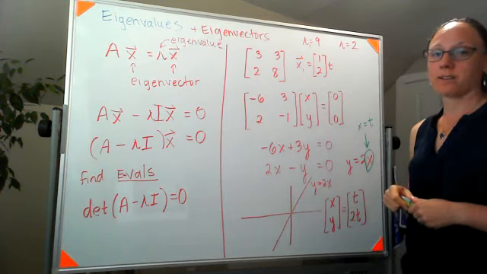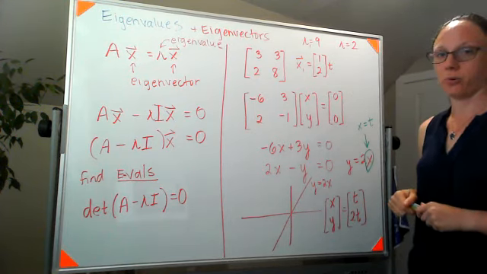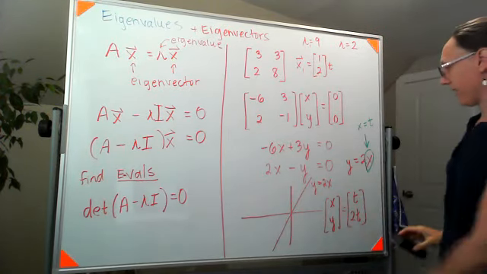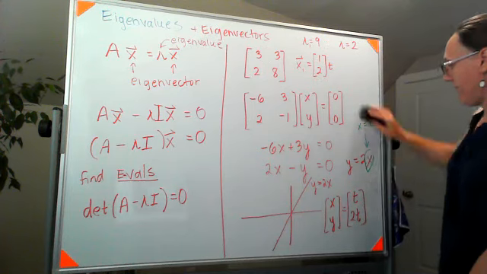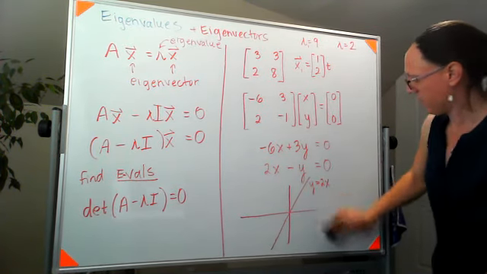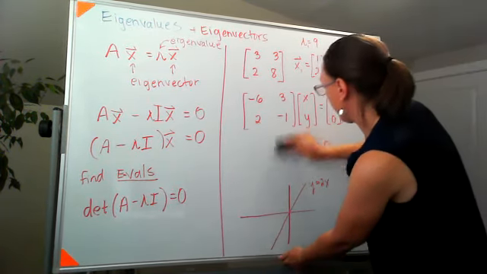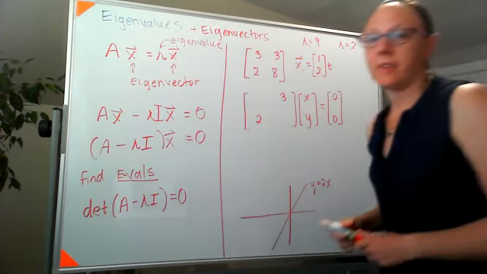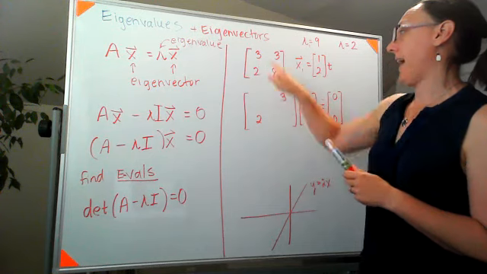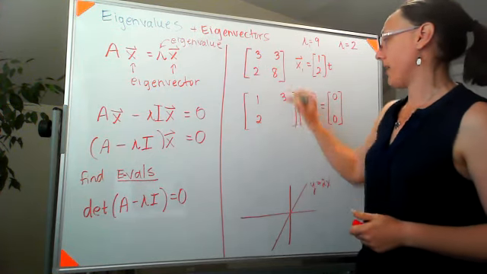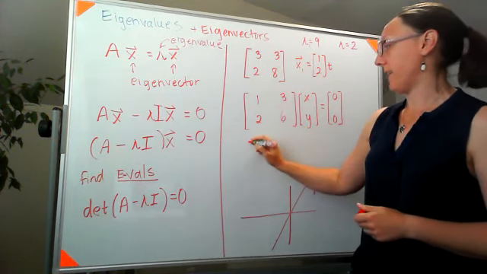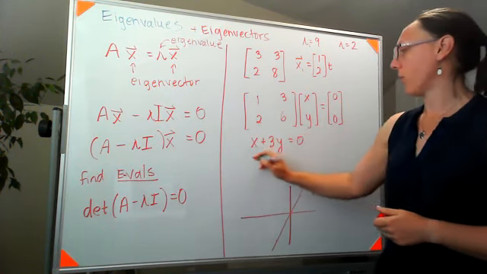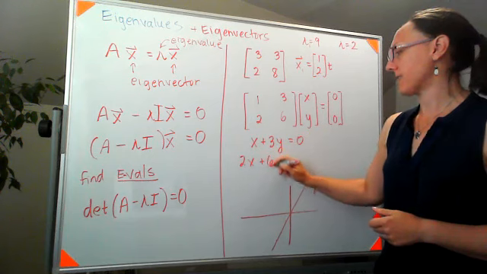Now we're going to repeat that process, but for a lambda of 2. I'm going to leave this picture up here for a second. Yeah, let me get rid of the rest of this. So now, if I'm subtracting 2 from the primary diagonal, then 3 minus 2, I get 1, and 8 minus 2, I get 6. So multiplying that out, I get x plus 3y is equal to 0, or 2x plus 6y